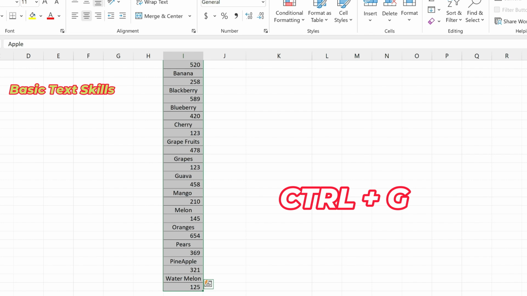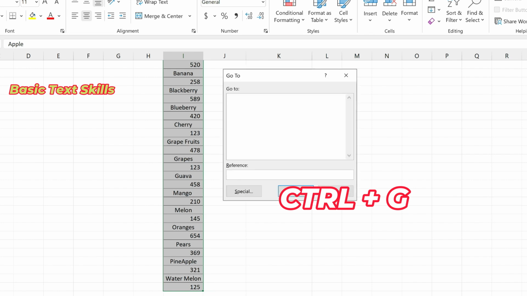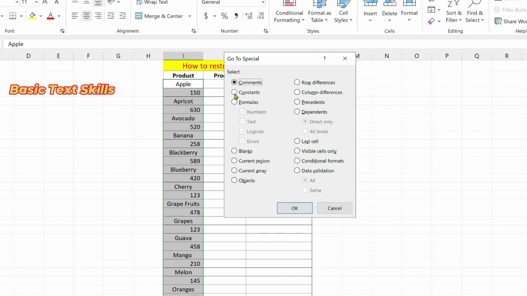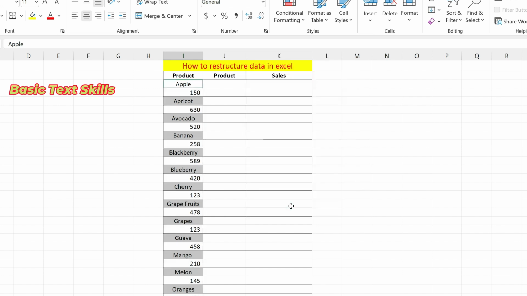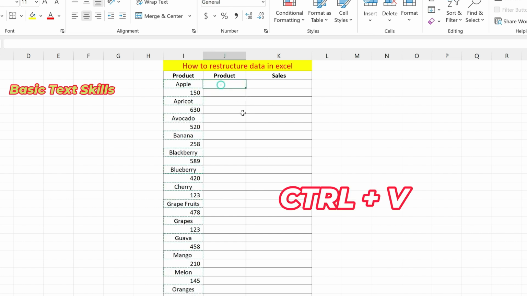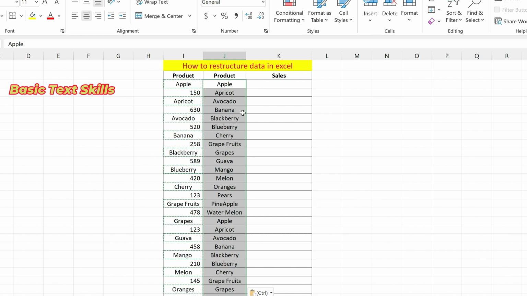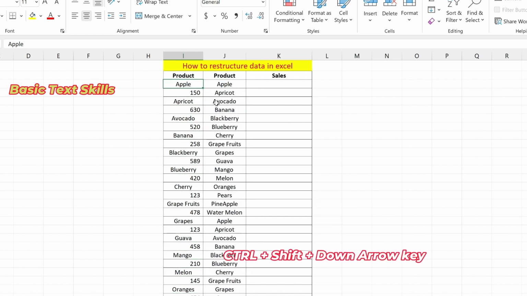And then press Ctrl G. Go to Special, click Constants and uncheck all buttons and only click the text button. Click OK and then Control C and then Control V